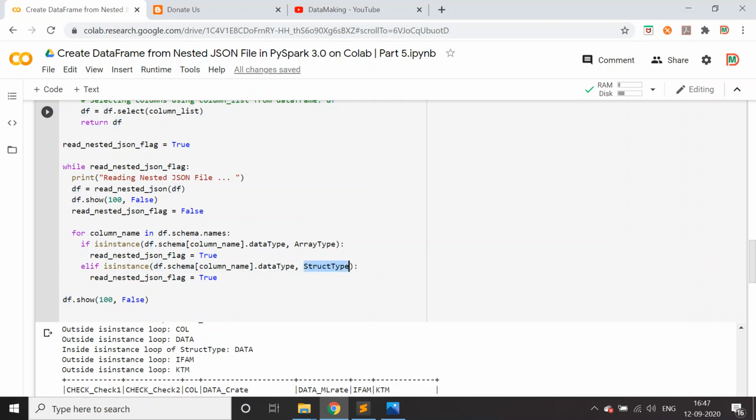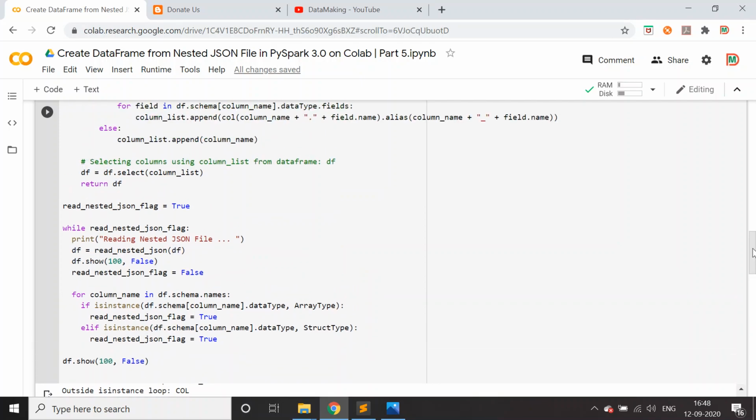If it is an array type, I'm going to use the explode function to turn the multiple elements into rows. Then if the new output of your read nested JSON function still has any array or struct type, I'm going to loop through it. Else, I will just come out and display the data frame.